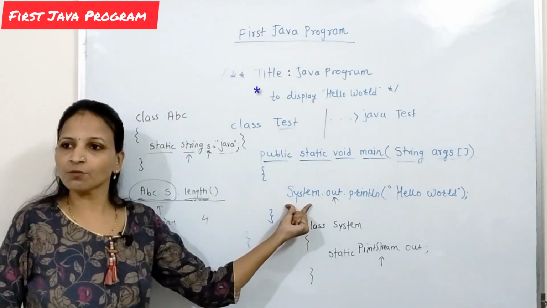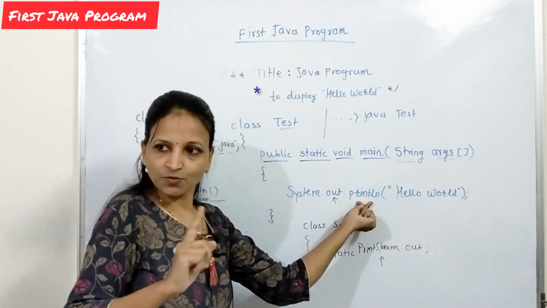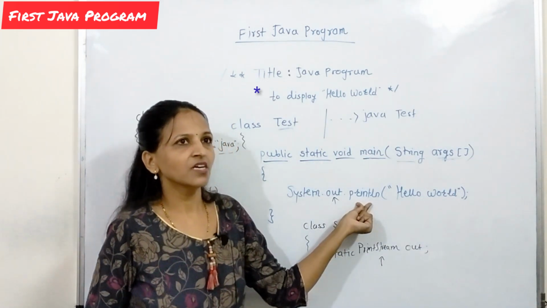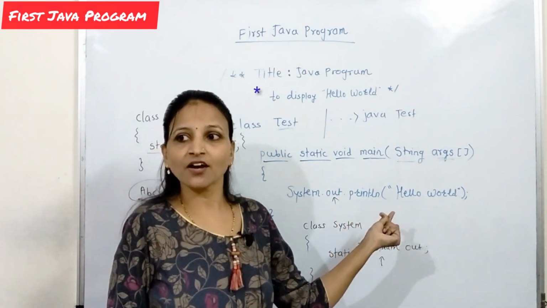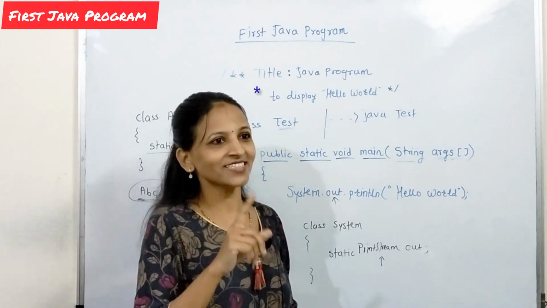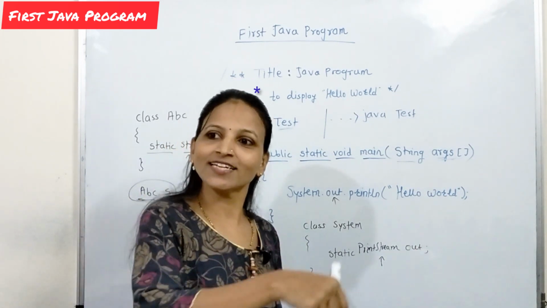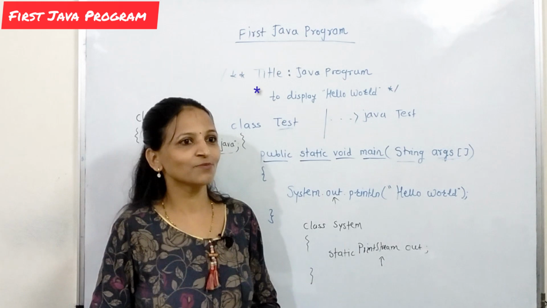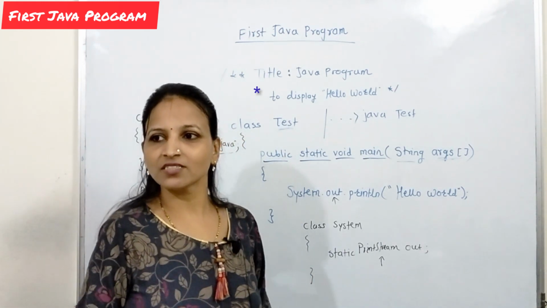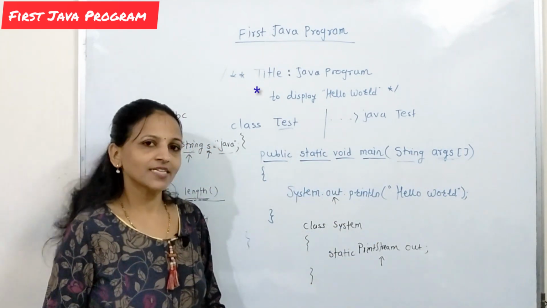Here System is the name of a class, so the S is capital. Methods are in small case letters. Not all methods, though. For example, the Scanner class has the nextInt method, in which the I is capital and next is small. Scanner starts with a capital because Scanner is a class. Getting? You'll get an idea about all the naming conventions one by one, whenever we see all the concepts. This was just the explanation of